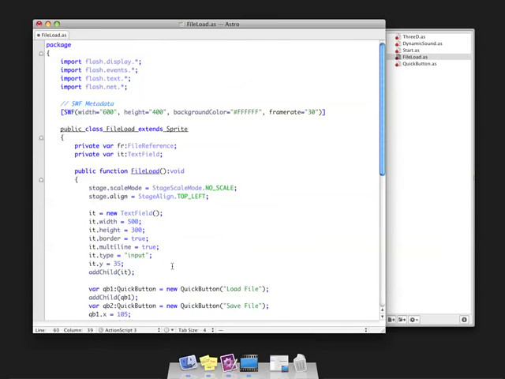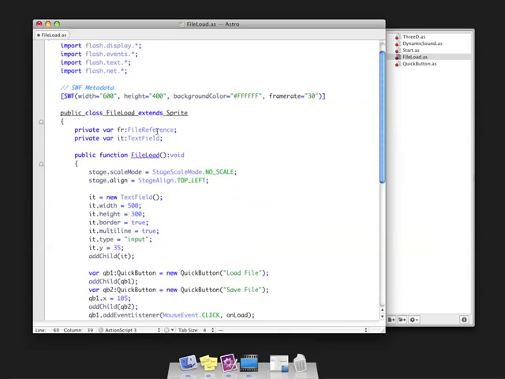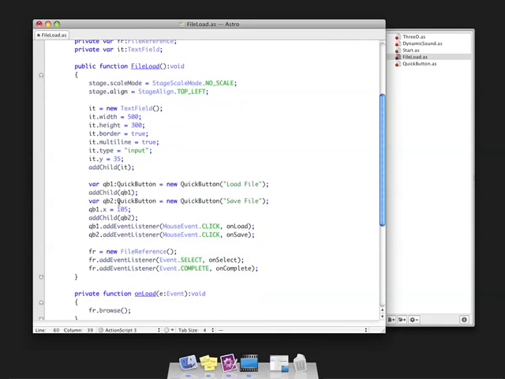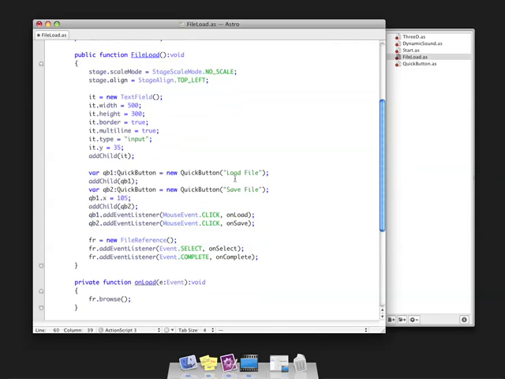Okay, so let's quickly walk through this code again. I have a file reference, I have a text field. Here we're setting up the text field. I have a couple of buttons just to be able to interact with this. I have a load file button. When that's clicked,